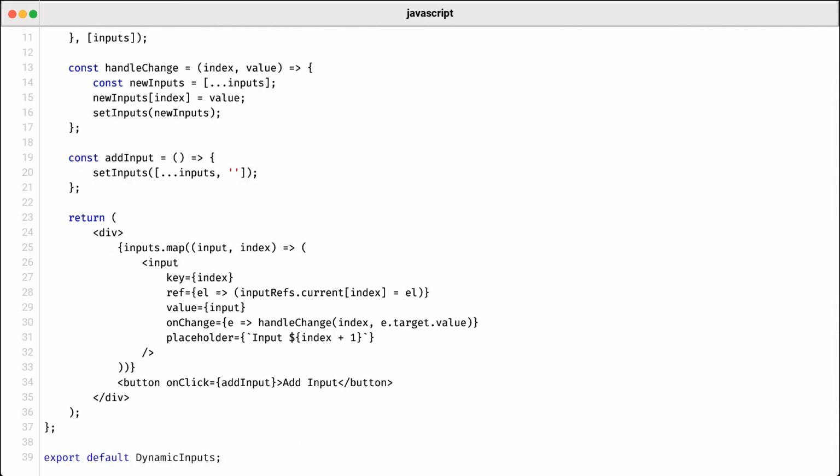As we iterate over the inputs array to render our input fields, we bind each input's ref to its corresponding entry in inputRefs. This assignment is crucial for enabling direct access to each input's DOM element and simplifies managing their focus dynamically. In this setup, we efficiently create a user-friendly mechanism for adding inputs while harnessing the power of